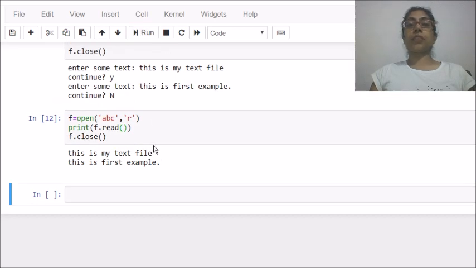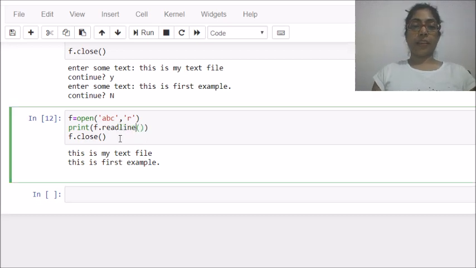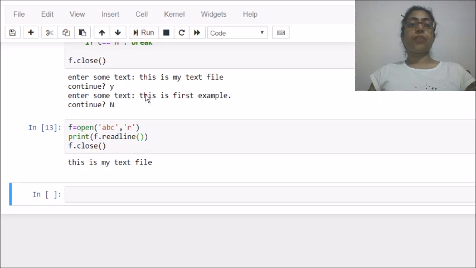This is the simplest thing. Okay, now second question comes, that display first line of the file. So for the first line you just need to write readline here, only one line is going to be read, so it will display the first line.